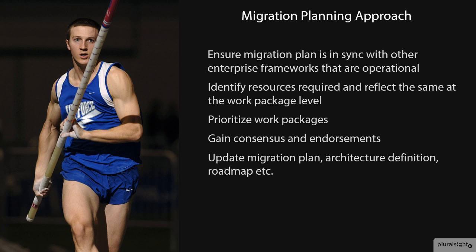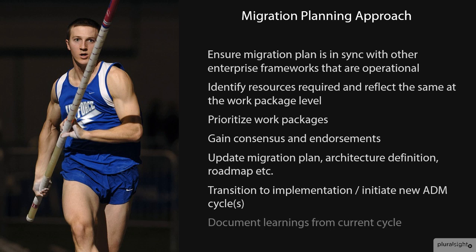At this point, the architecture may be considered complete and can therefore be transitioned over to implementation teams, and hence the focus of the ADM cycle transitions from architecture development to architecture governance. Also, at this point, it may be decided that further architecture development cycles are required to further elaborate the architecture, and hence new iterations may be initiated at this point. And before concluding this phase, the team documents its learnings from the current cycle of ADM